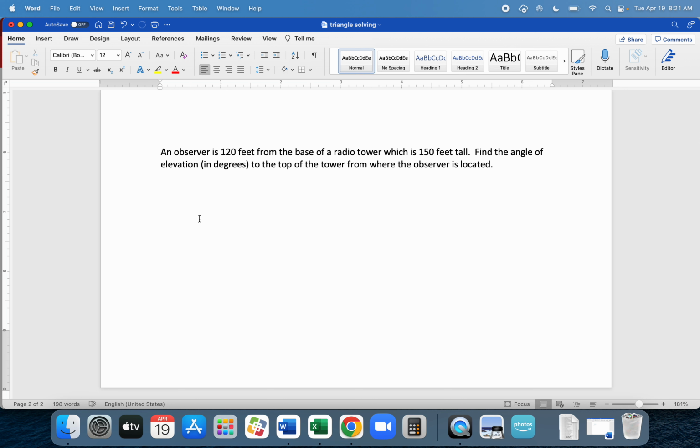So we're going to have to use inverse tangent for this. Inverse tangent of opposite over adjacent, or y over x, rise over run. So tangent of theta is 150 over 120, meaning inverse tangent of 150 over 120 is how we find theta. And I don't know what that is off the top of my head, but